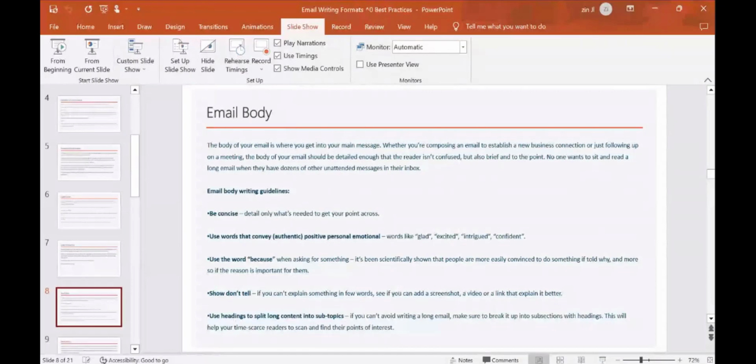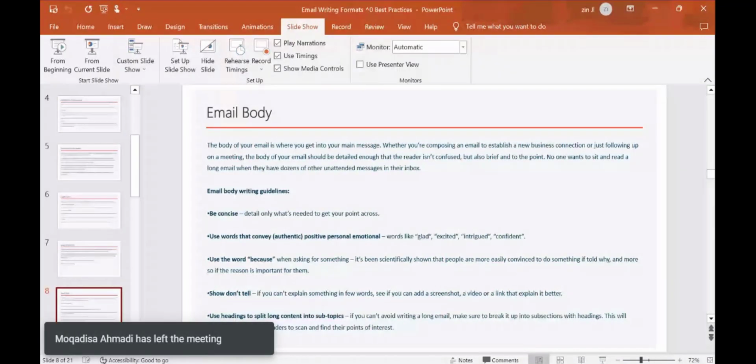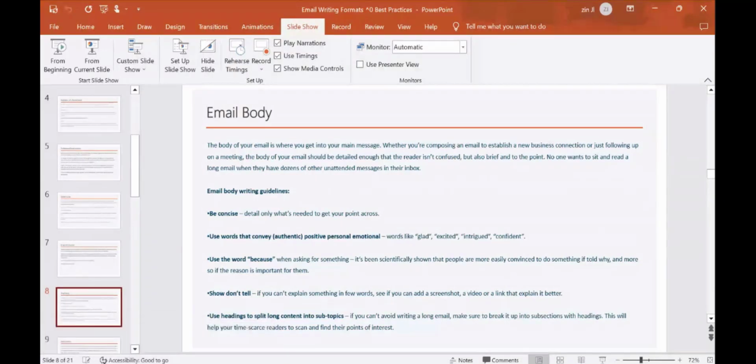So in terms of your email body, I would say just be very concise, be detailed but concise, and use words that just show that it's very personal. Like I said earlier, a lot of things that I'm missing today is the personal touch. The personal touch is completely gone. Everyone likes to cut, copy, paste, and stuff like that. If you use words that really mean something to you, it will show to that other person, and they will obviously take effect. Like, I'm glad that we could have met.